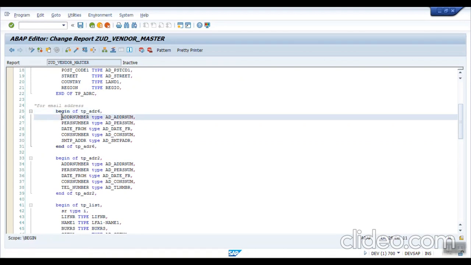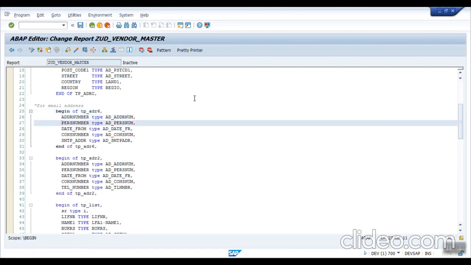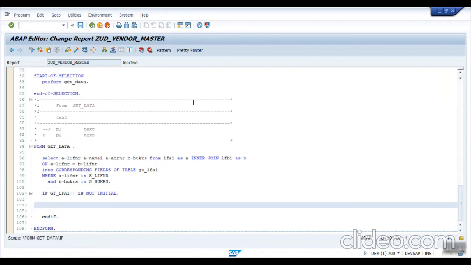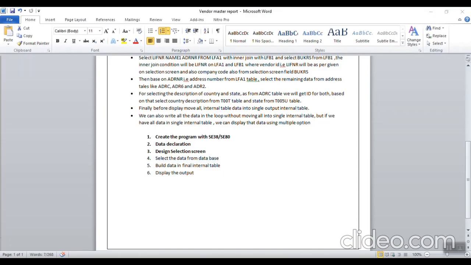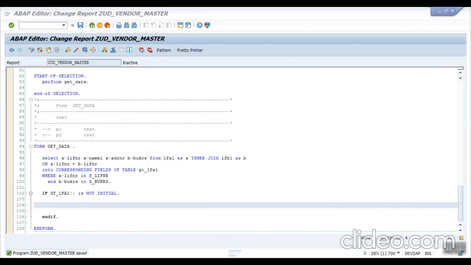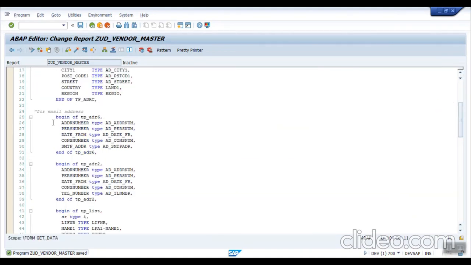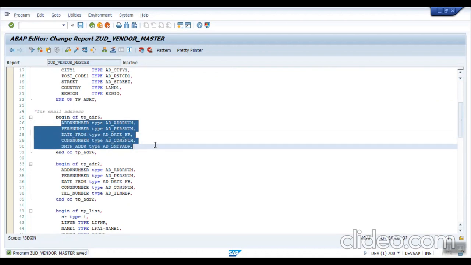So we can write those fields directly there, or one more option for writing the select query. Now let's write select data from my ADR6 table.